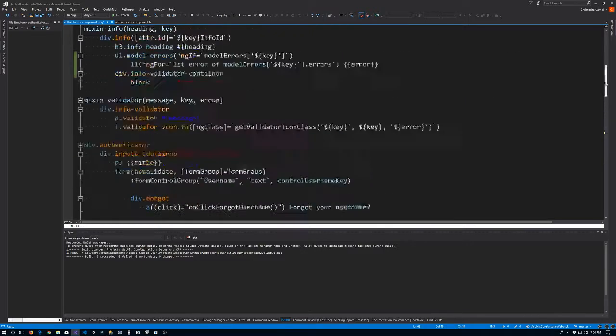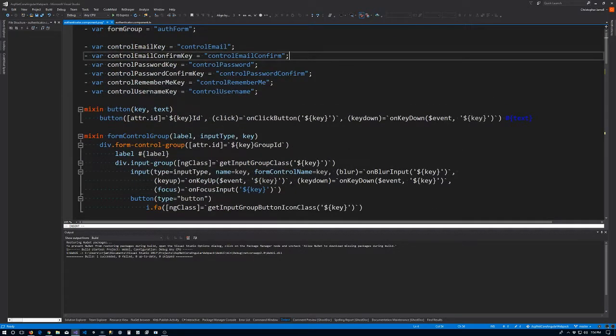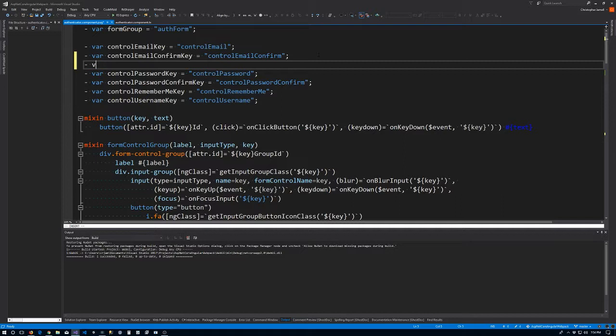And so what we need to do is to come back up here and define what that is. So we'll add this to our variables. So control default key, and that'll just be control default. Save the template. I think that's all we need for the template for now. We'll just leave it for a second. And now we'll have to go back into our